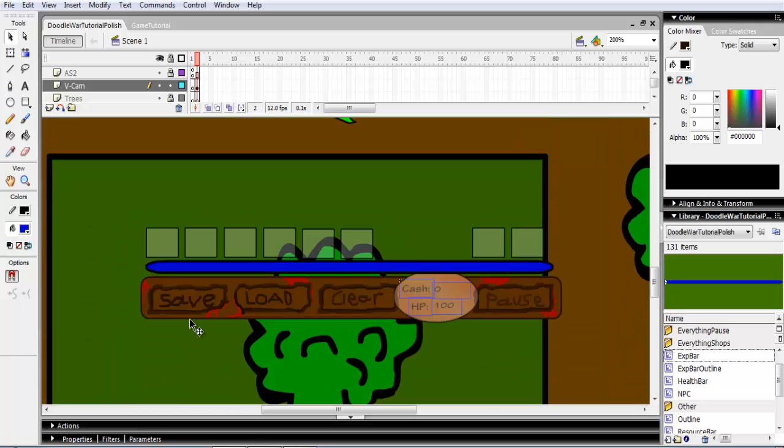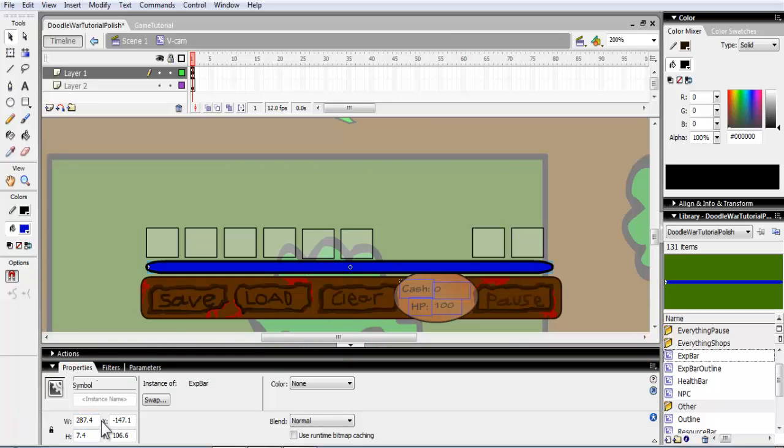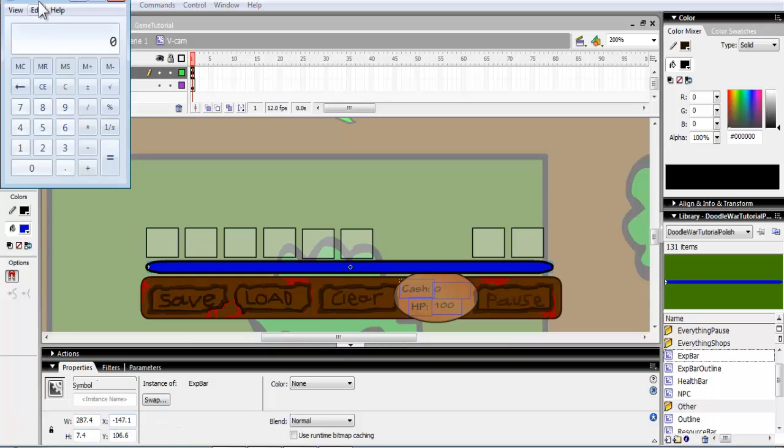Let's see. Now, what was I going to do? Just quickly. Oh yeah, I remember. We're going to put little things in here to tell you when you're at 5%. Just quickly. We need a calculator for this. So, where's the calculator button? There. Right, so